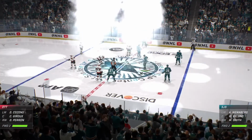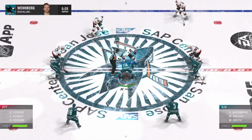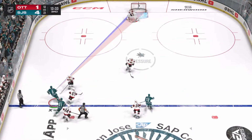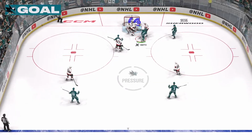San Jose's playing almost like they want a day off here tomorrow, Cheryl. Yeah, I'd say so. And you always look forward to a day off, and this coaching staff has got to be impressed with this team tonight. You know, the ability to get the puck to net, driving the pace of play, and just having really great